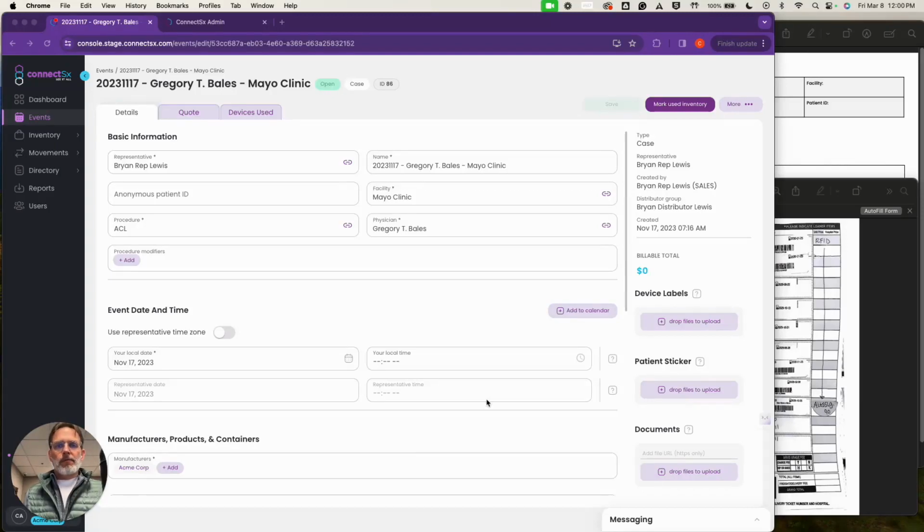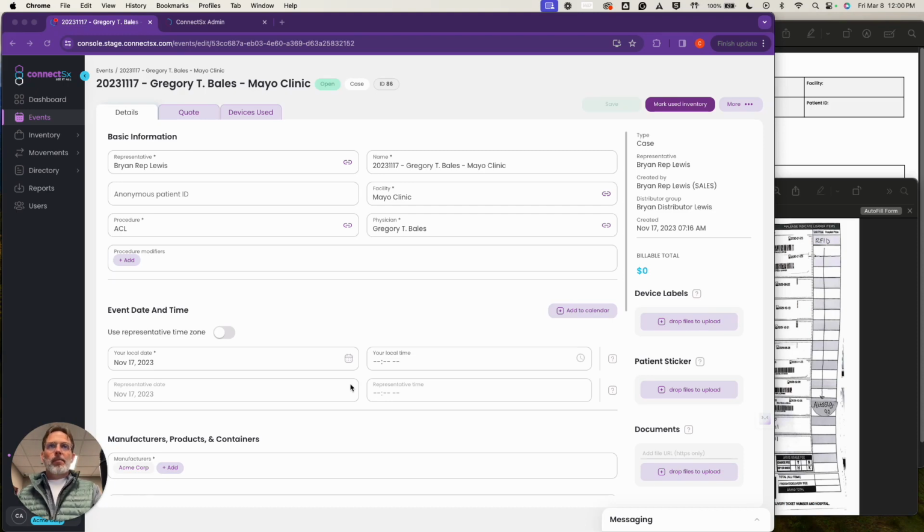We're going to be releasing a feature late next week that I want to outline in this video here. It is the first of what will be many AI-enabled features. We think that this is going to really provide a lot of benefit, especially when it comes to speeding up your workflow and really minimizing the amount of manual effort you will need to do inside ConnectSx when marking devices